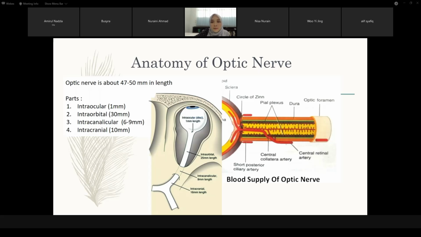Okay, for the blood supply, the optic nerve head is supplied by the branches of the ophthalmic artery, which originates from the internal carotid artery, as we know. And then the central retinal artery is one of the branches of the ophthalmic artery. It runs along the inferior aspect of the optic nerve, and then before it penetrates the optic nerve, which is posterior to the